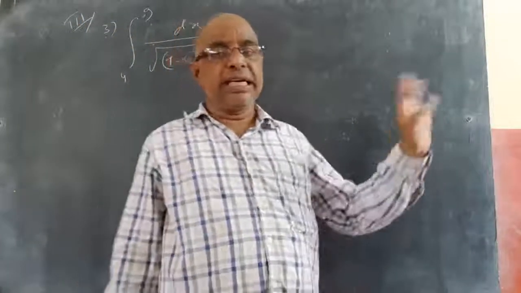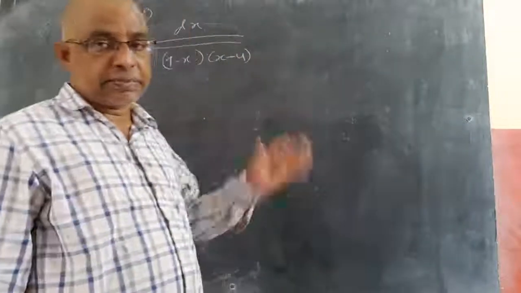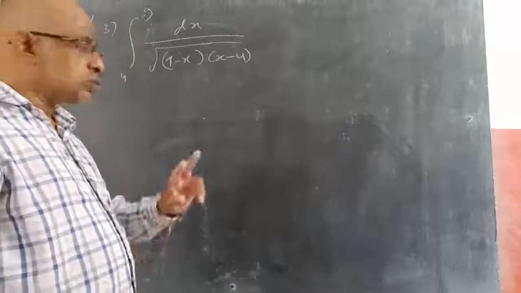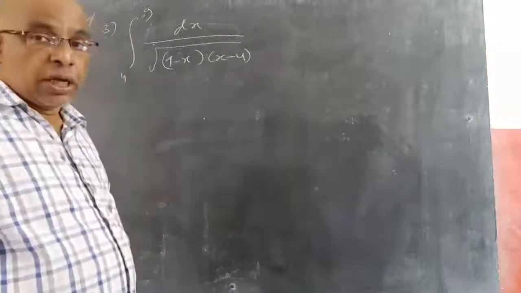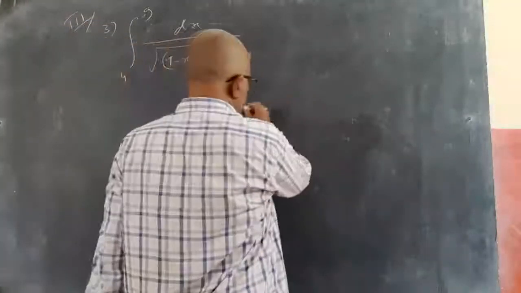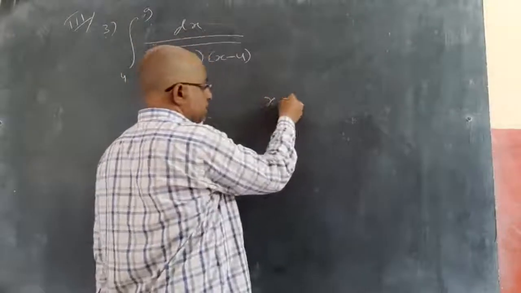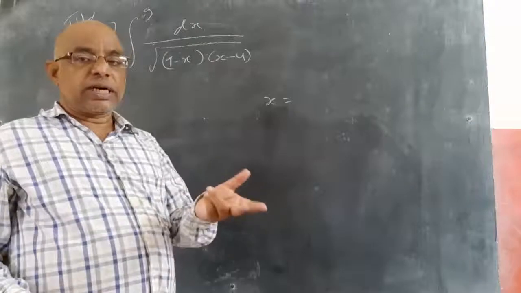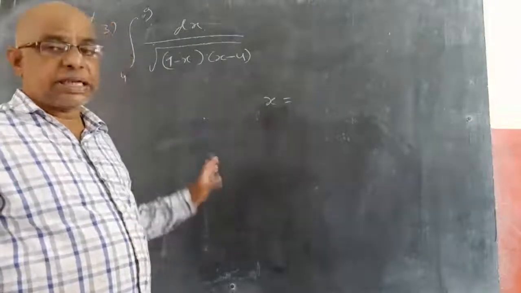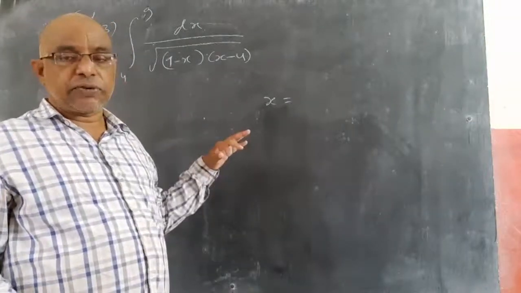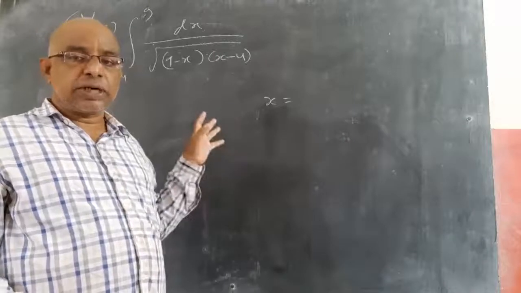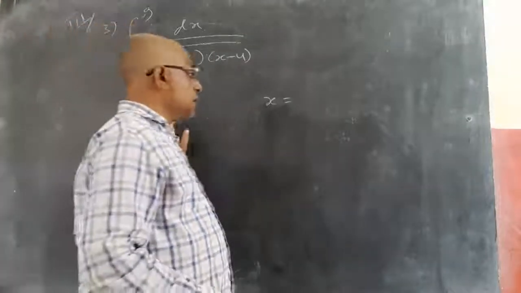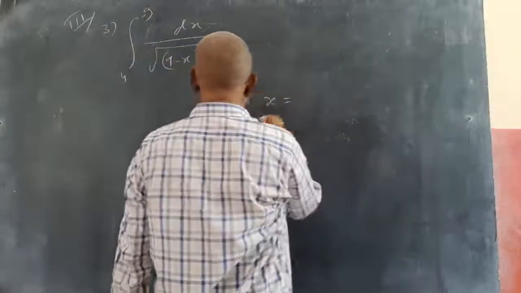Otherwise we will go with the indefinite method, that is the completing squares method. Indefinite integration, what we did, completing square method. So two ways will always be there. Now this sum I am doing with a cos square plus b sin square just for practice, because if you know two methods, whichever method you want you can use. That's why yesterday we did the completing square method for one sum and x equal to a cos square plus b sin square for the other sum. Same here also, I am doing x equal to a cos square plus b sin square theta.